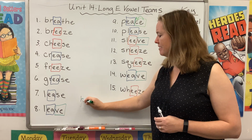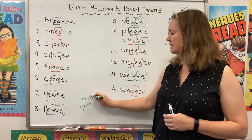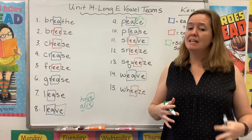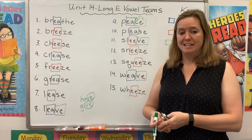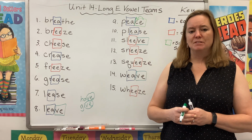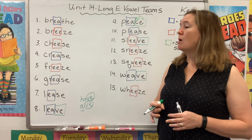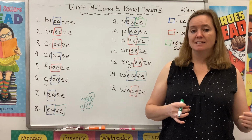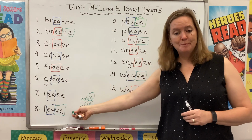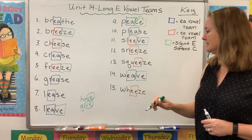That's why we spell the word have like this, and the word give like this, because that E is just babysitting the V, because for whatever reason in our language we never end a word with a V. Now, we do end some words with a Z, but it's always a double Z. If you think of words like fuzz or jazz, they have a double Z at the end. Most of the time, if we want to end a word with a Z sound, we're going to need an E. So just like the E babysits the V, now it's going to babysit the Z in breeze and freeze